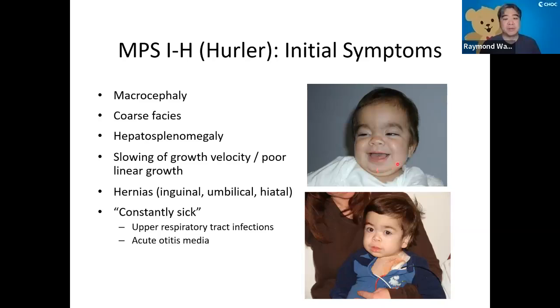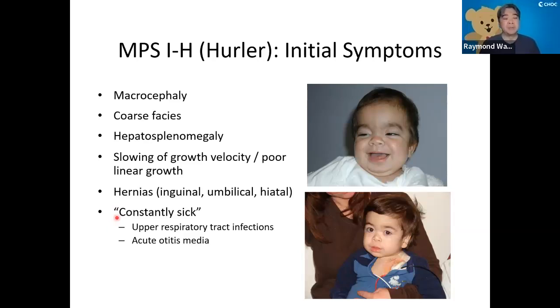We see what are called coarse facial features, so thick lips, thickened nasal alae, depressed nasal bridge. And you'll see, as you see more patients, that there's kind of a common appearance to MPS I patients. Other things you'll see, enlargement of the liver and spleen. There can be slowing of growth velocity as these patients are frequently ill, and there's also buildup of gag material